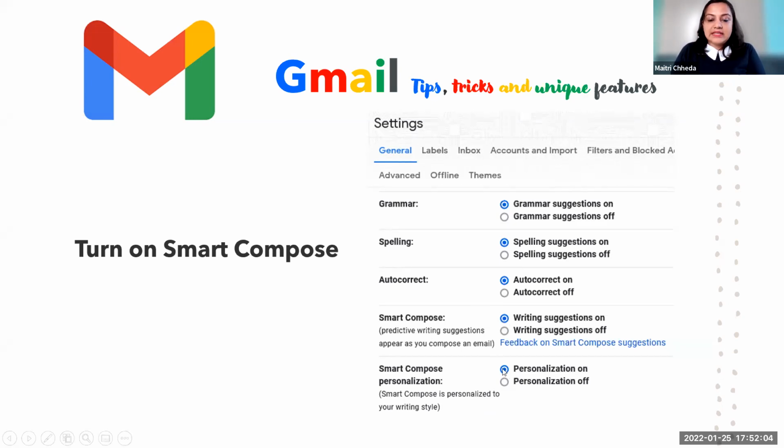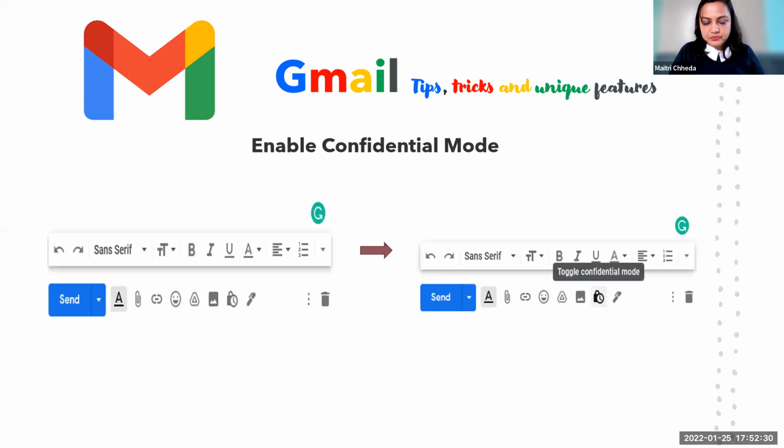And you have personalization on. So what happens is you have a personalized style of writing or certain things. A lot of us CAs have specific words we use, so those words will be learned by Google, and it will keep on recommending those words to you. And it makes typing easy when we have to write one-liners or two-liners, like please find attached this, and be done with it. So turn on smart compose, and it makes your life easier.